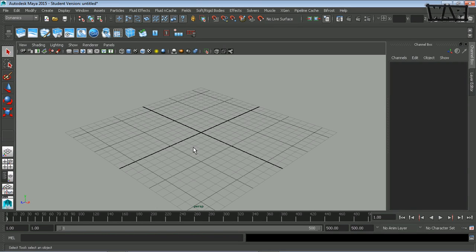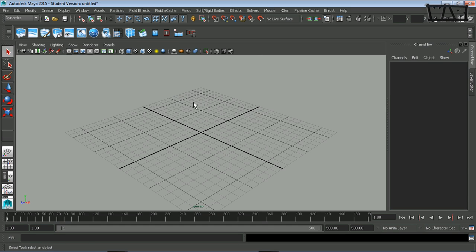Okay, so the first thing we're going to go over is smoke, and this is going to be a very, very, very simplified version of it. I'm going to show you two different ways to get started doing it. One is in the shelf, and another won't be in the shelf. But basically, if you don't use your shelf, which I don't like to use most of the time,